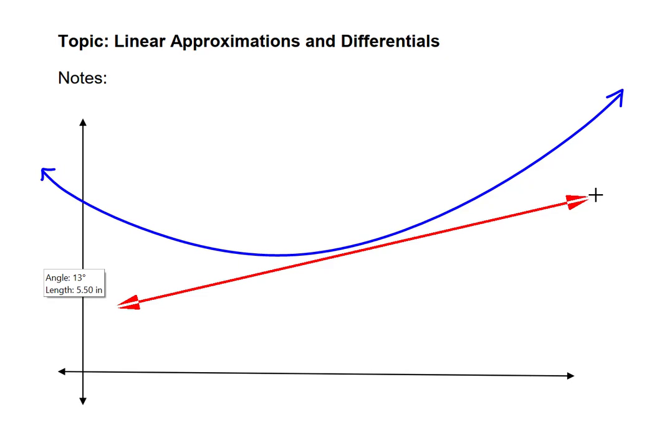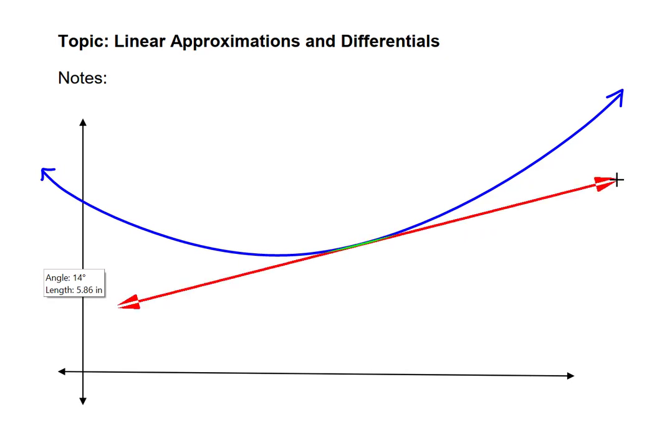Then we want to draw a tangent line to this curve. Somewhere that at least visually looks good. It's tangent to the curve. This tangent line I have drawn is in red. And then right where the curve and the tangent line intersect, of course, by definition they intersect at one point